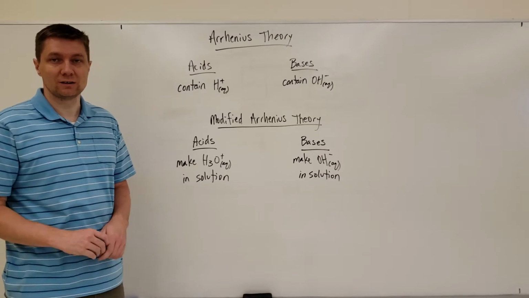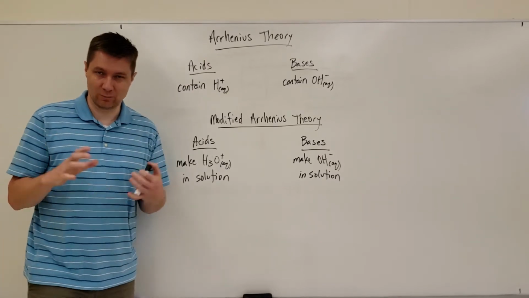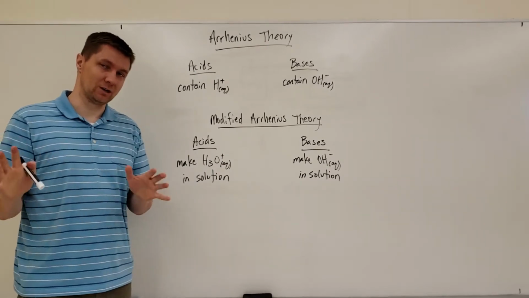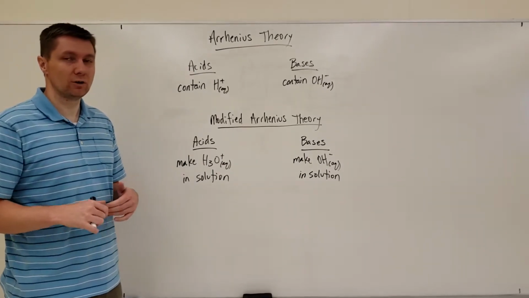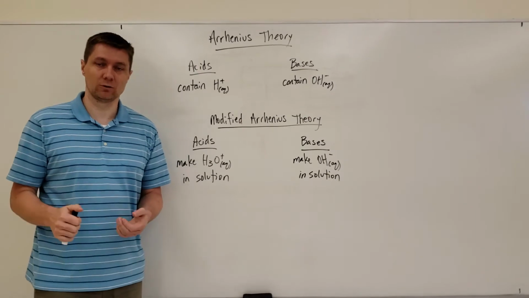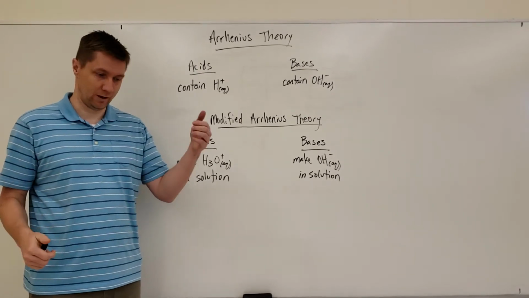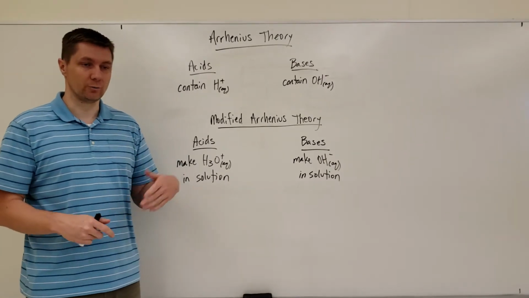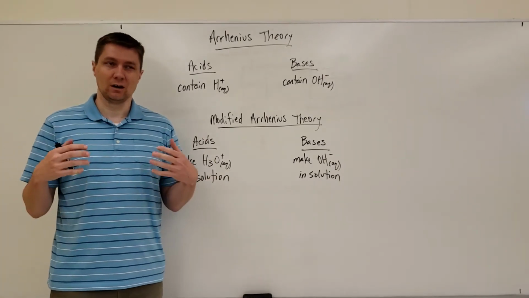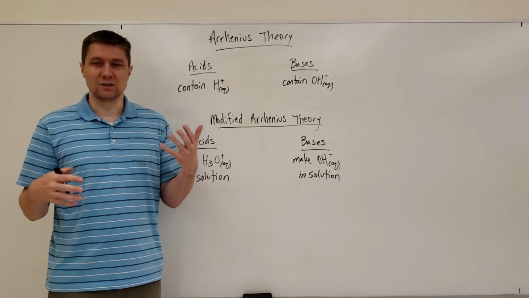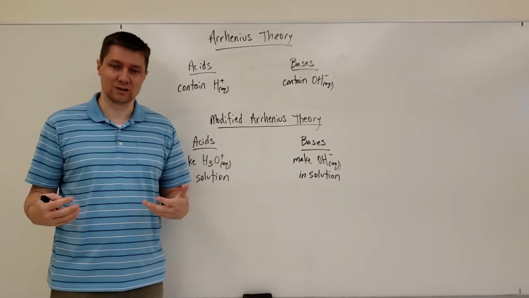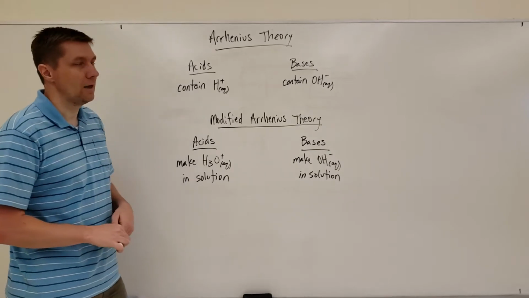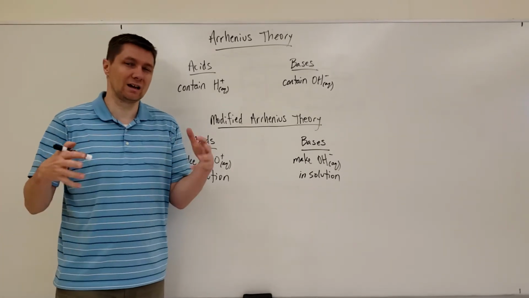We're going to take a look at this theory that we've been looking at a little bit, give it a name, and then look at some modifications that were made to it. So we've learned about acids and bases, and we've learned about 2 types of evidences. We learned about empirical evidences, and we've learned about theoretical evidences. So empirical evidences are things that we can use to detect acids and bases using our 5 senses, so smell or taste or touch or things like that. And then the theoretical evidences are what we kind of think acids and